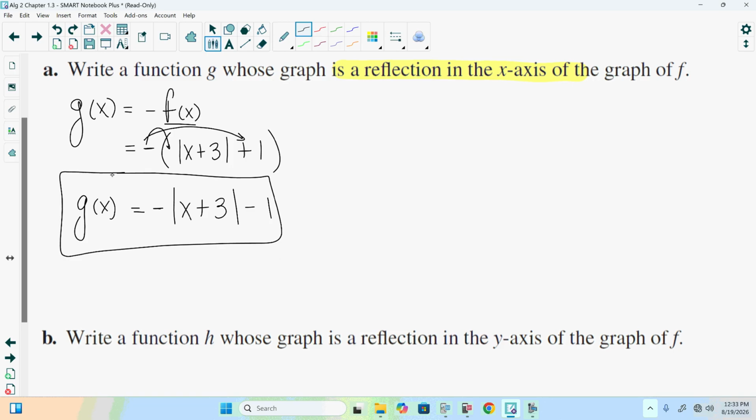Questions on this here? We'll stop here. We will finish this